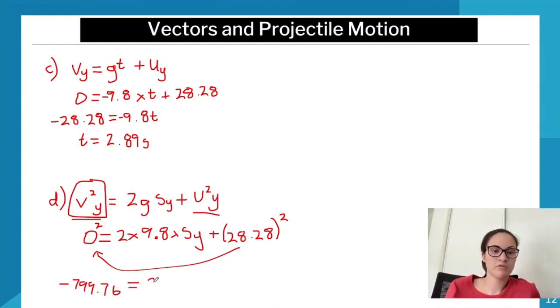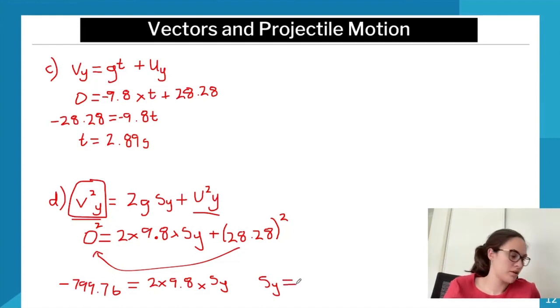And then we've got 2 times 9.8 times Sy. Yep, and we're going to divide the other side by 2 times 9.8. So then we're going to end up with Sy is equal to a number, and that number will be